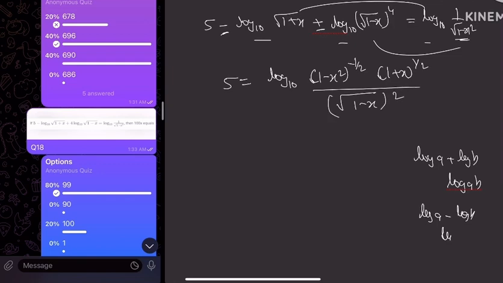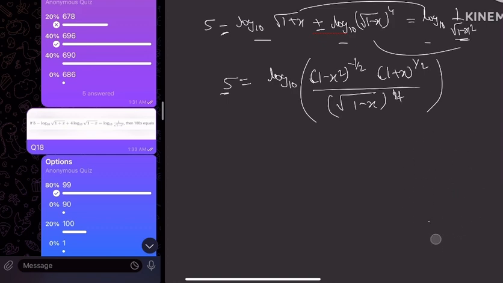Okay, now log base 10 it is. Can we compare it right now? First of all let us solve this. Denominator to the power 4 it is. Wait, let me erase this first. This is also a past CAT question. Log base 10, this is root over 1 minus x square. This is minus over here, we can send that downward as well. Better send it in the denominator only. This root over 1 plus x it is, root over 1 plus x. This is 1 upon root over 1 minus x square.